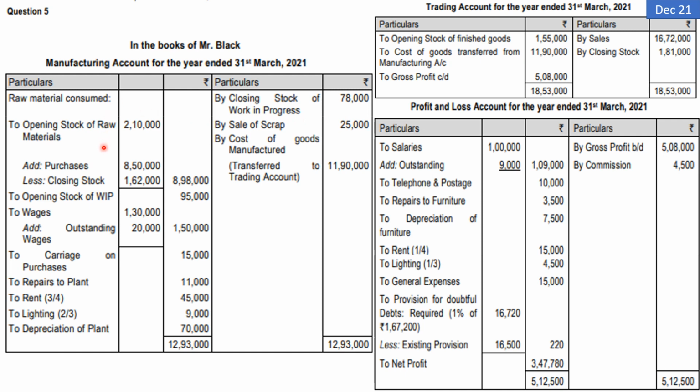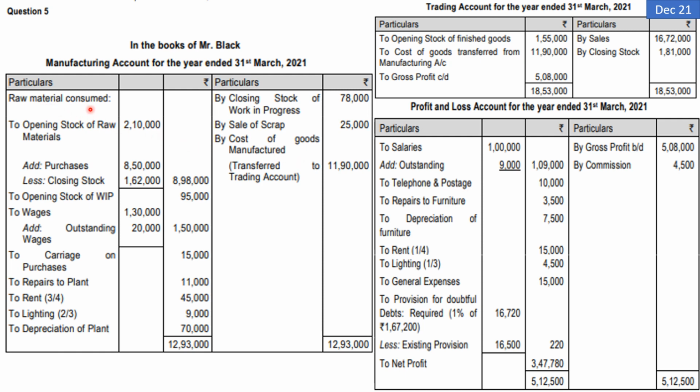As we have decided, anything coming from debit side of trial balance will have to go to either manufacturing account debit side or trading account debit side or P&L account debit side. And anything coming from credit side of trial balance will have to go to manufacturing account credit side or trading account credit side or P&L account credit side. So these are the very basic simple points. Let us now consider all the different items as we have classified them as M, T, P, etc.